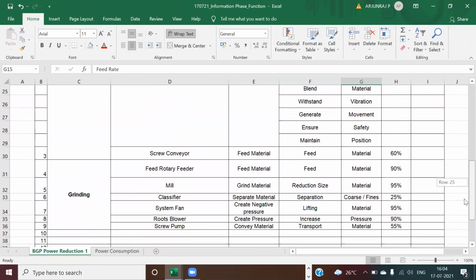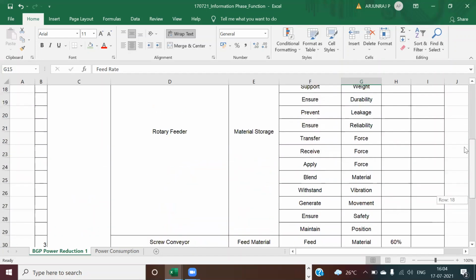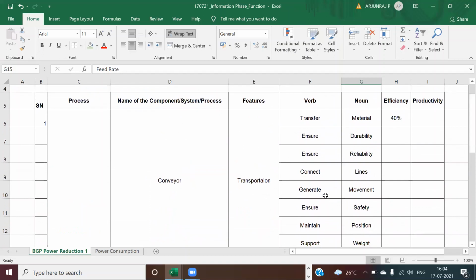Similarly, you do it for your own. I will just give you a glimpse about the material handling, then you can do it for your thing. There is nothing wrong or right, because whatever you do is correct, since you know which one to consider. It's not necessary to include all the things. I'm going very deep, but what you did initially is also okay.